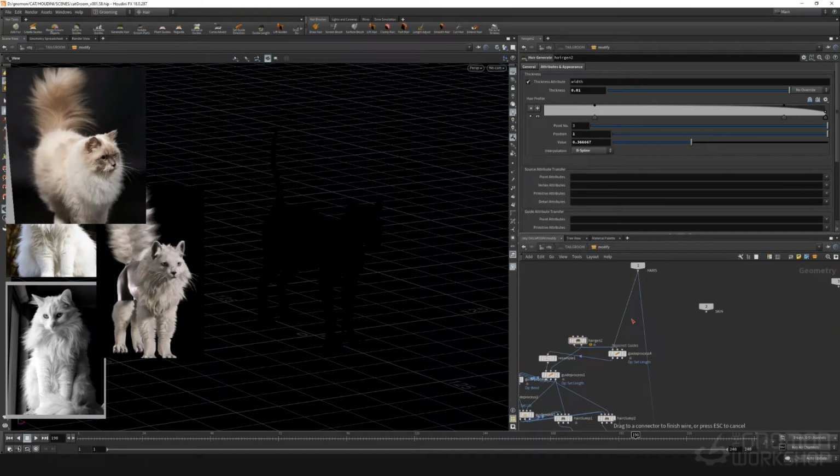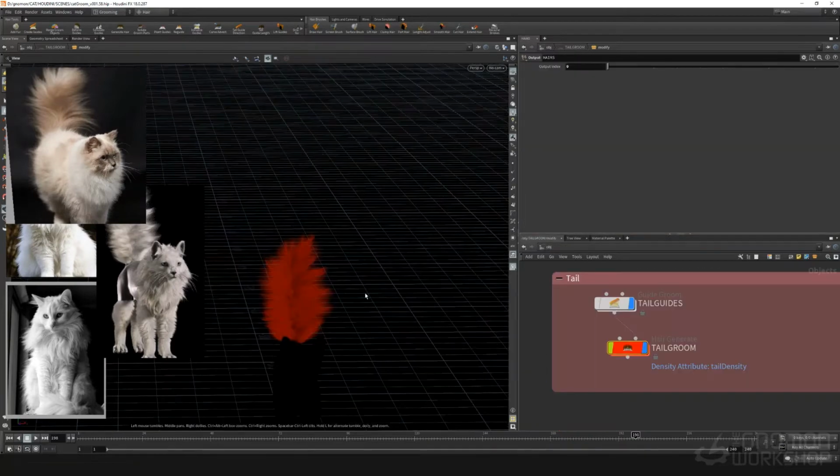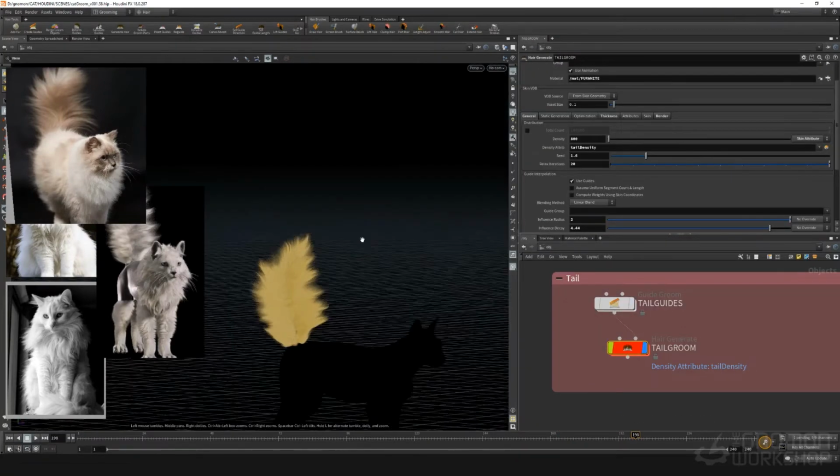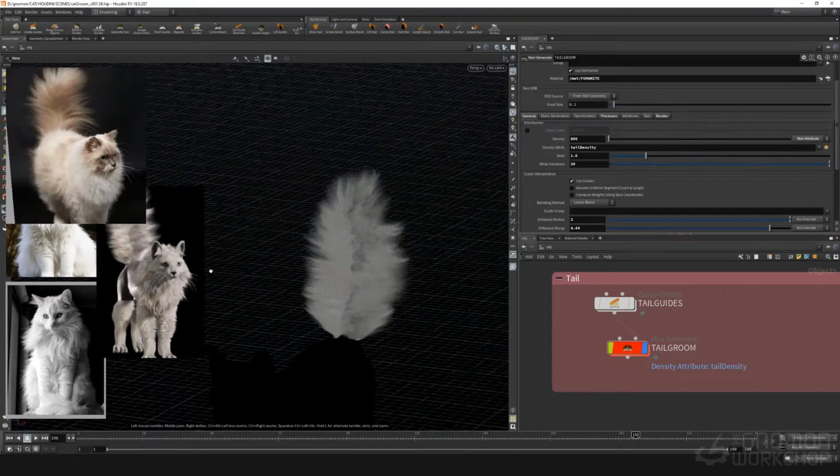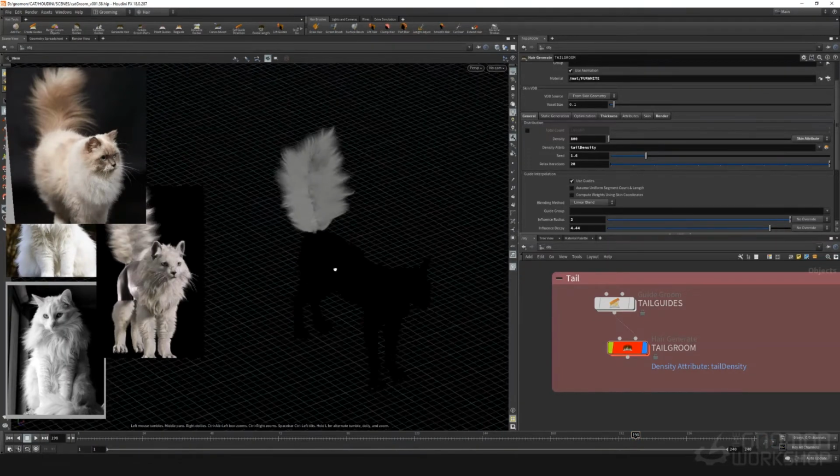So I want a clear definition of different approaches, so you can do stuff in Houdini. But yeah, this is probably the most straightforward one if you want to go with the main structure that Houdini